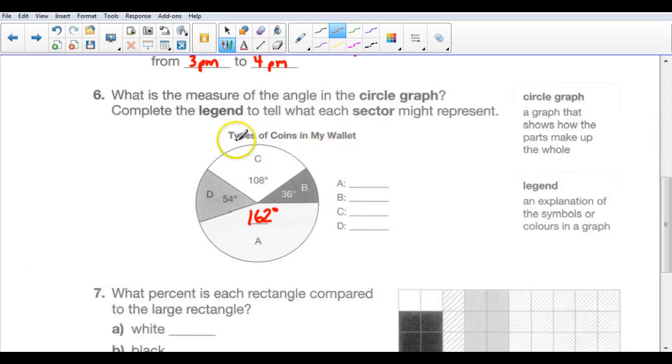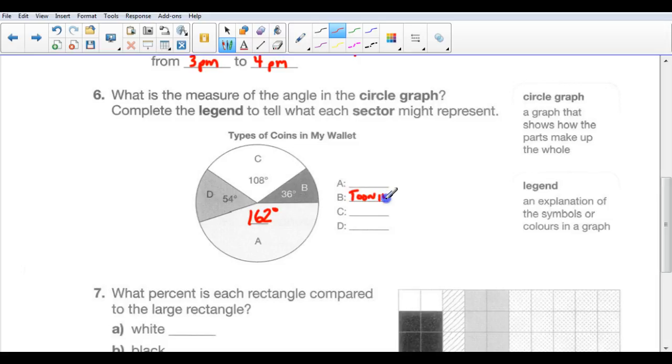So we've got a title. It says types of coins in my wallet. Okay, so we've got 1, 2, 3, 4 sectors, so we've got 4 different kinds of coins. So you could be creative. Well, not pennies anymore. We have nickels, dimes, quarters, loonies, and toonies. So we could say anything we want. We could say, oh, well, this is the smallest one. I probably don't have as many as I would like, so 36 degrees might represent